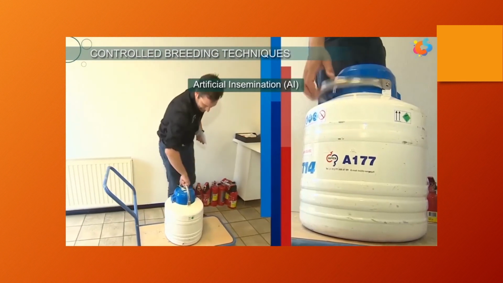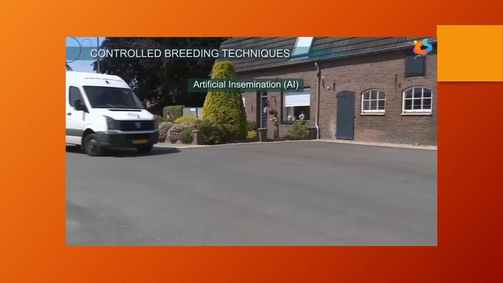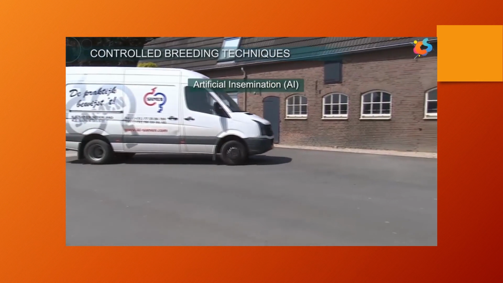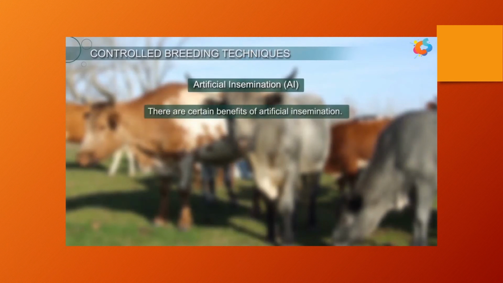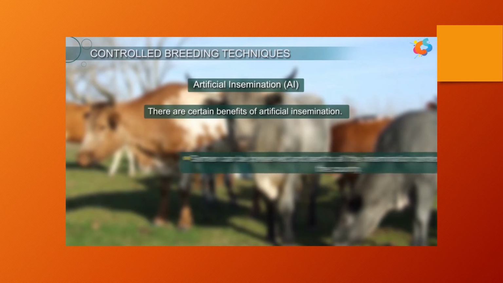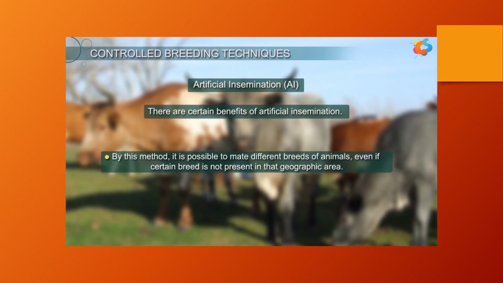Here, freezing semen is a very good technique as it is easy to transport the semen in a frozen form to the place where the female is housed. There are certain benefits of artificial insemination. These are: semen can be preserved and sent to all the insemination centers throughout the country. By this method, it is possible to mate different breeds of animals, even if a certain breed is not present in